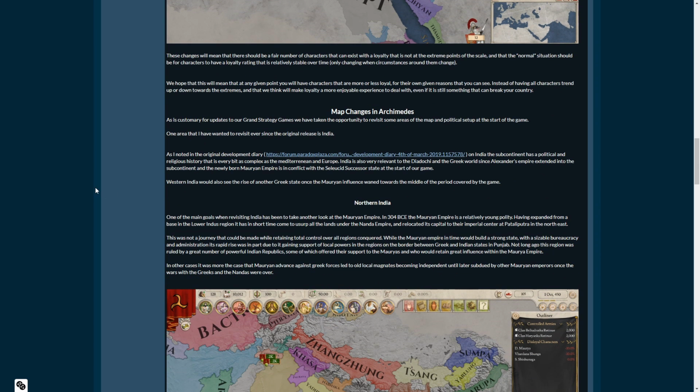So we've got some map changes coming as well. As is customary for updates to our grand strategy games, we've taken the opportunity to revisit some areas of the map and political setup at the start of the game. One area that I've wanted to revisit ever since the original release is India. As I noted in the original dev diary on India,